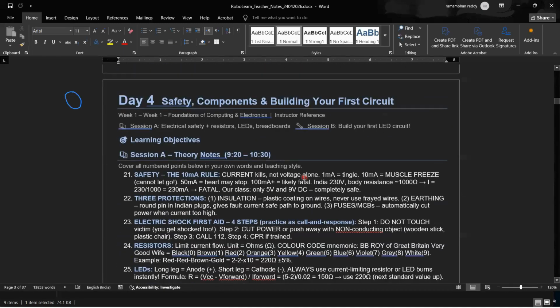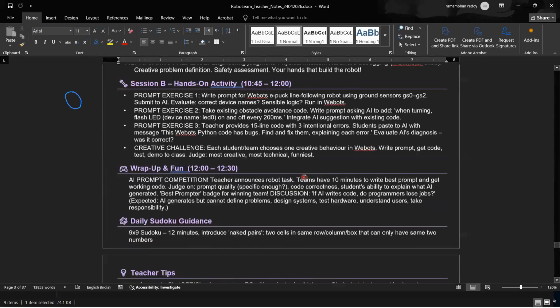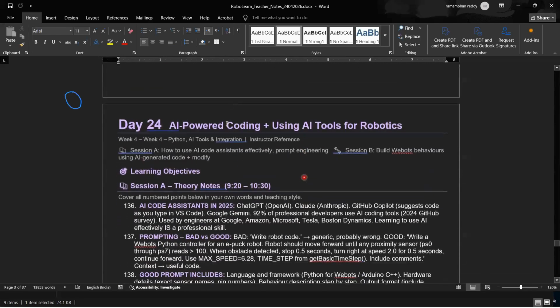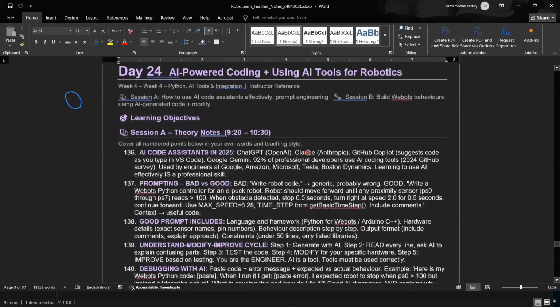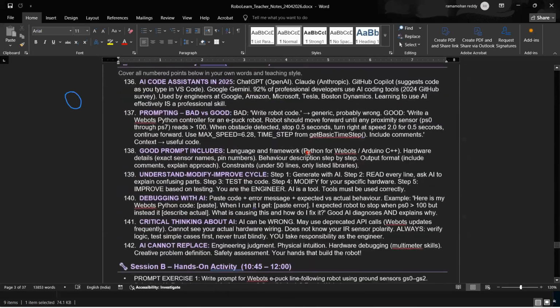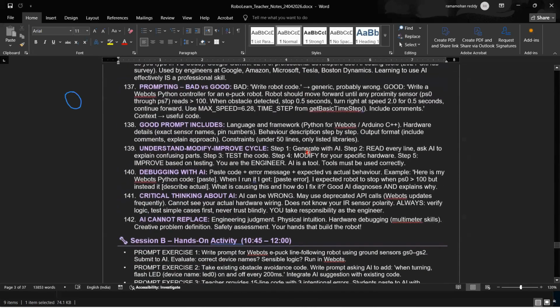This is the whole 26 days program. And finally, when it comes to day 24, AI powered coding and using AI tools for robotics. Here I taught them how to write the code using AI, so using chat